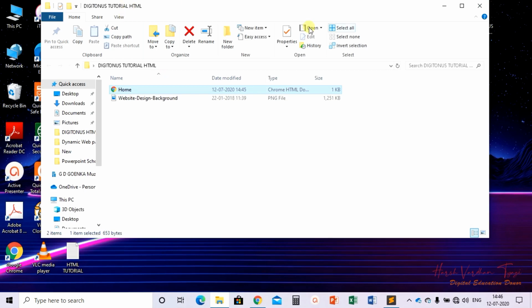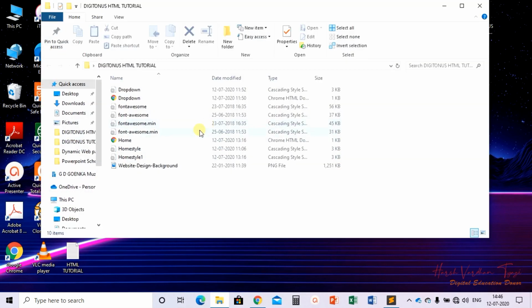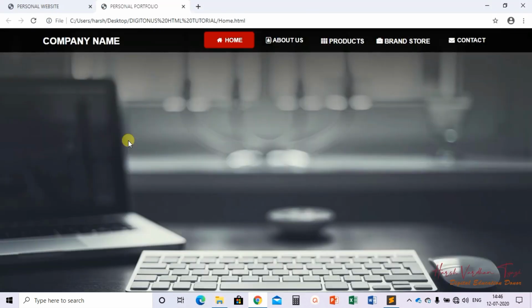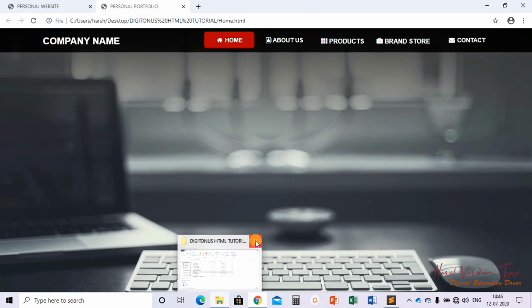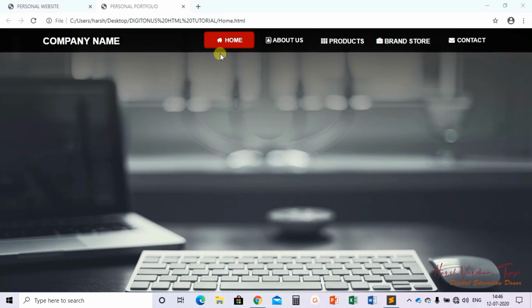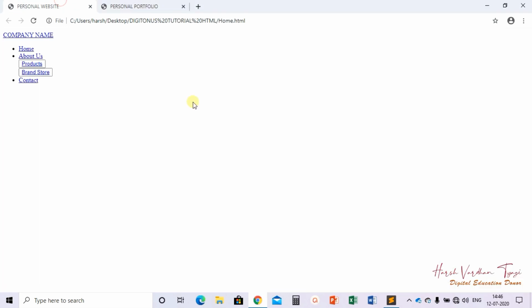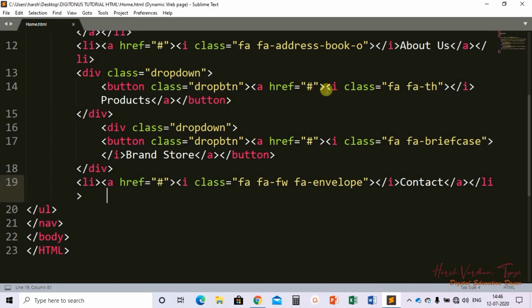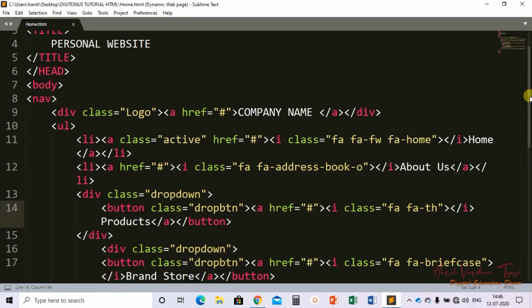Now let me show how this particular thing will be visible to you. I have already made a part so that you can come to know. This is the final result you will be getting. Now I am talking about these icons. In the Home tab, adjacent to it on the left side, you might have seen a home icon. For these icons I have made this particular i class. For these icons this i class is necessary. So I think the HTML coding part is clear to everyone.